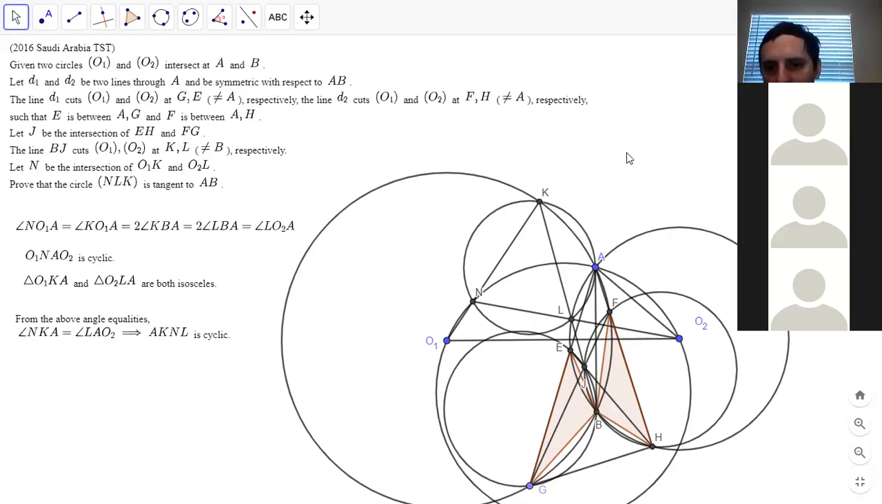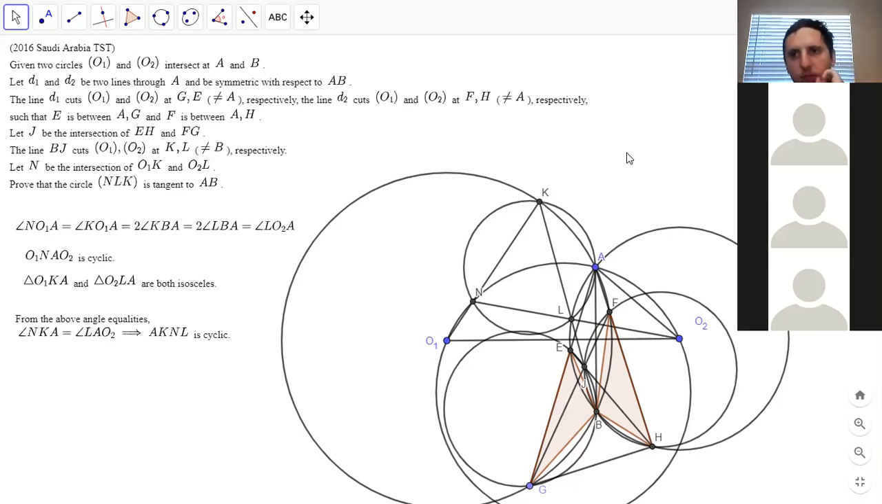GBAK. Yes. So wait, let me see. We have AK must be parallel to HE because of the angle theorem. Yeah, or you can just take away the angles. Okay. So we have AK is parallel to HE, so we must have angle